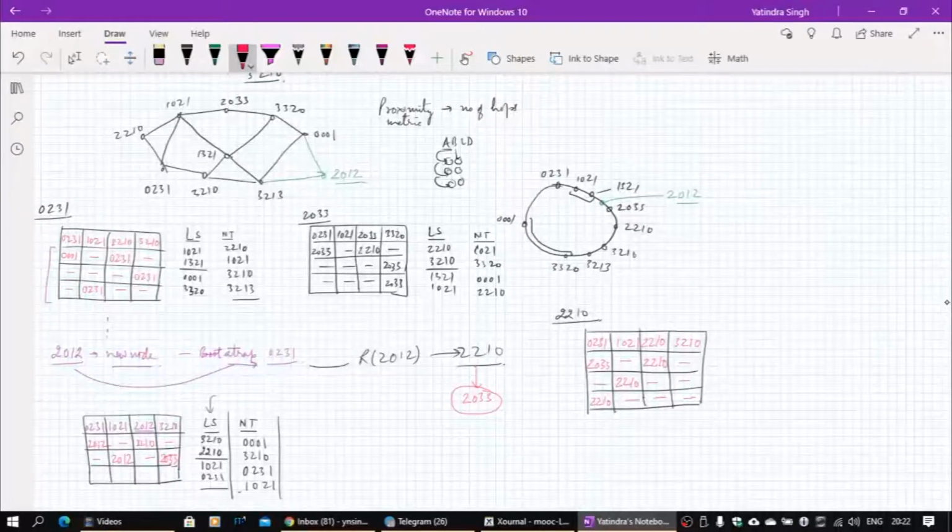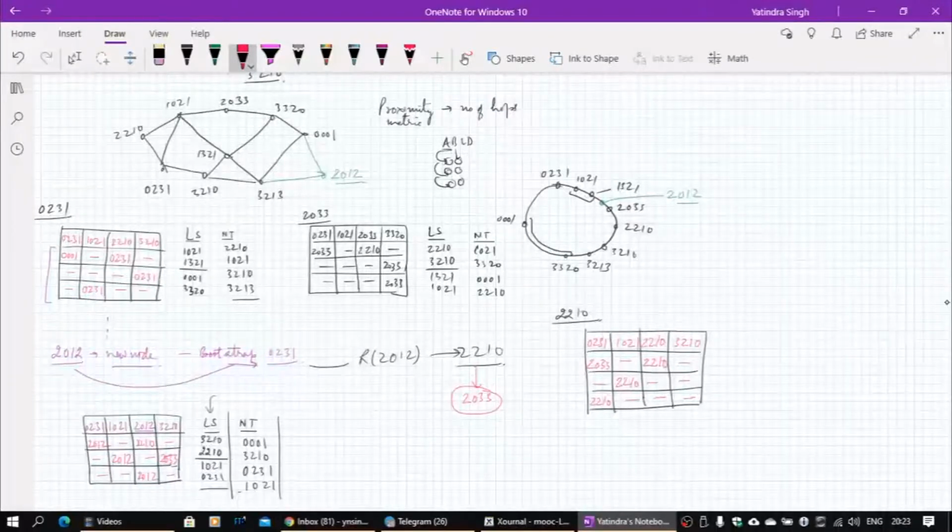Okay, and of course the last entry will be 2012. With 201 there are no other nodes. With 2033 will come, so there is one more entry which will get populated. Which knowledge will come from here, and that will be used in this case. This is a better match. Okay, so we have got this updated, and once you have got knowledge of these particular nodes, so again these